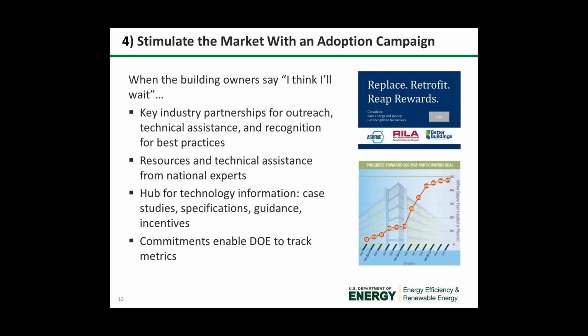What's in it for you? You have recognition. The goal of these campaigns is pretty much to stand and be counted. You can be recognized for showing leadership in energy efficient technology. You also have great opportunities for peer-to-peer learning and access to experts. So next slide